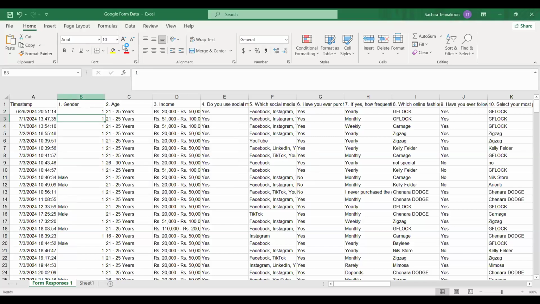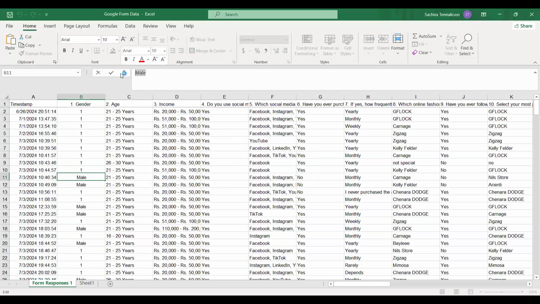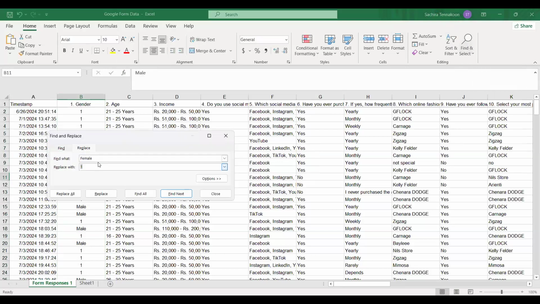Now you can see all the values of females have been replaced with 1, and for the male you can do the same. And ask for replacement. Then it has done 94 replacements, right?